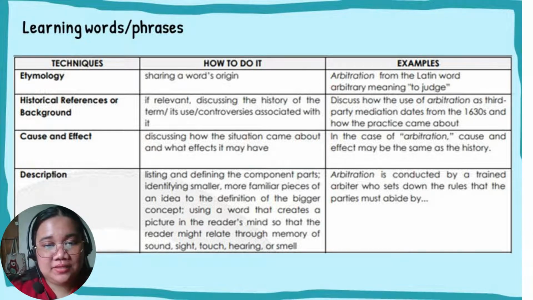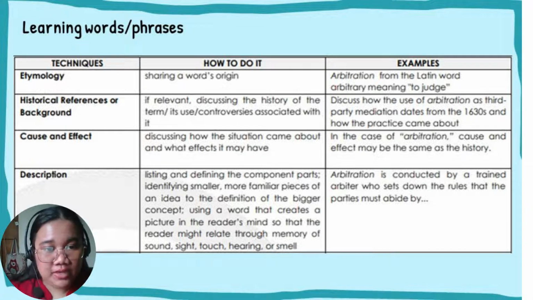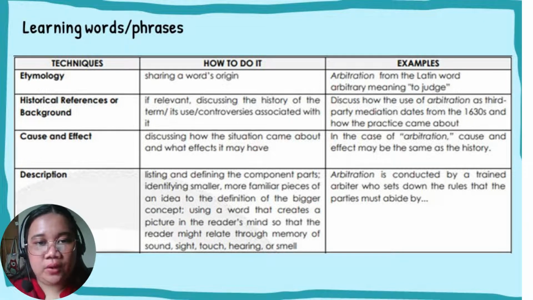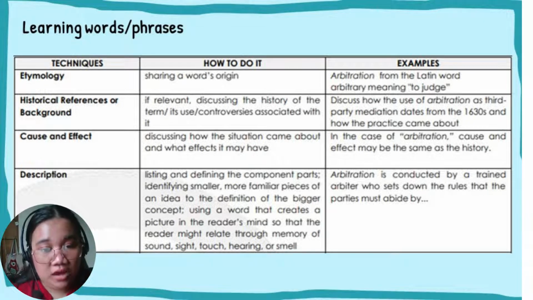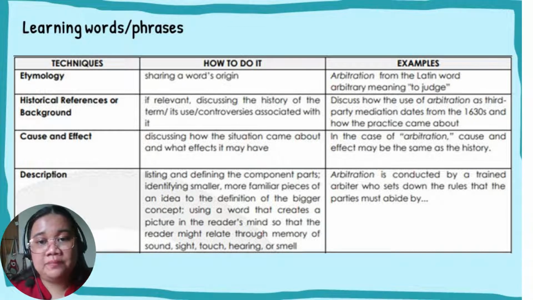So the next technique in expanding definition is the cause and effect, wherein it discusses how the situation came about and what effects it may have. So for example, in the case of arbitration, cause and effect may be the same as the history. Okay? Next technique is the description,